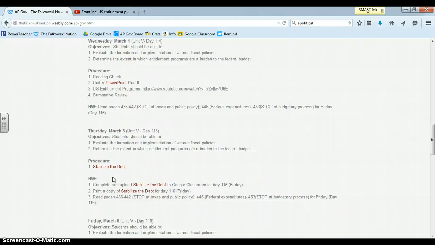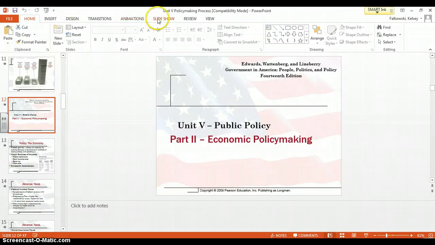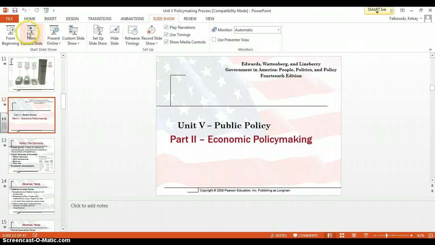Today I'm just going to briefly outline the PowerPoint and go over a couple of assignments that you will have due for when we come back, most likely on Friday. So let me first go through the PowerPoint, and today we'll be talking more specifically about